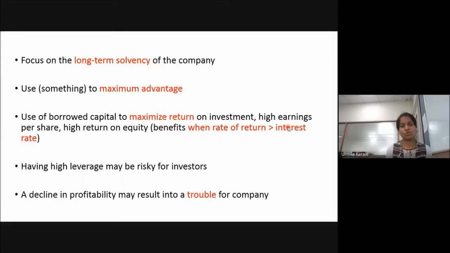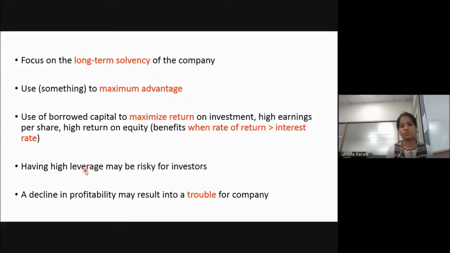तो अभी ये जो भी 1 lakh है उस पे 10% से you'll be paying 10,000. So this is going to result in 5,000 earnings for you. 15,000 has come, 10,000 you have paid. That's how 5,000 profit. So this is how when the rate of return is more and the interest rate is less, then you get maximum returns by taking loan. If your rate of return is less and interest is more, then don't go for borrowed funds. Make use of your own funds only, right? So when we say leverage, we are talking about risk factor. So high leverage will result in high risk for the shareholders or for the investors.